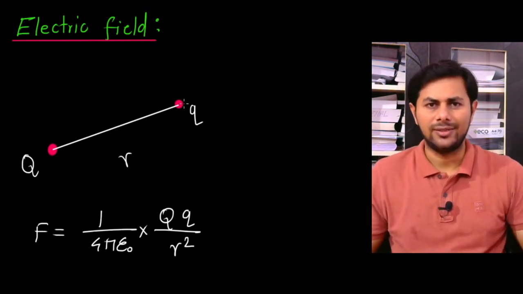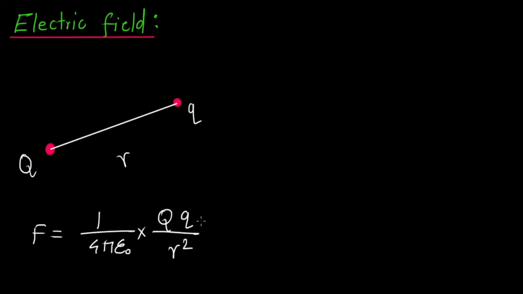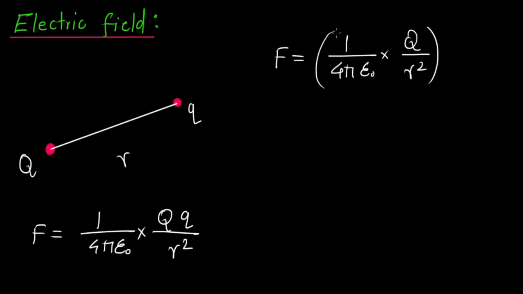So let's try to understand it. Now I will rewrite this formula for the electrostatic force like this: 1 over 4 pi epsilon naught times capital Q over r squared. I will put this term in brackets, and we have multiplied by small q. Then this term in brackets is known as the electric field of charge capital Q acting at distance r. So we'll write this as E. So F equals E times q.